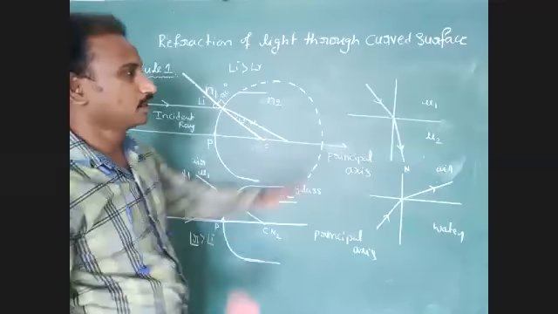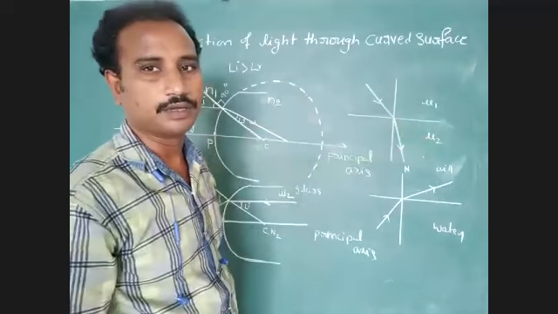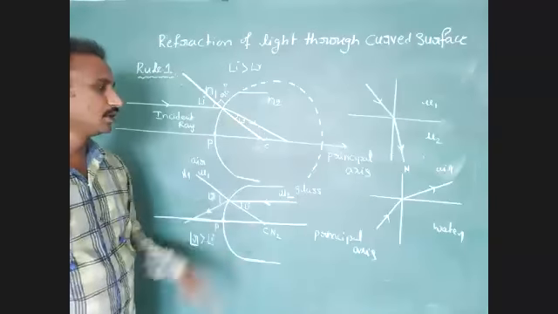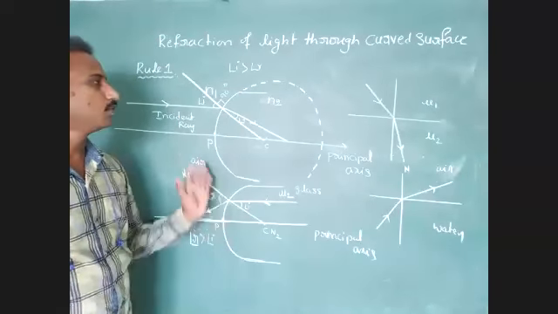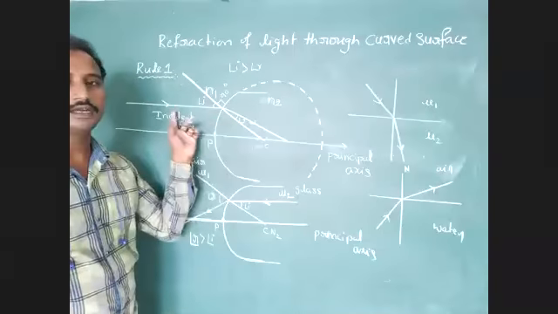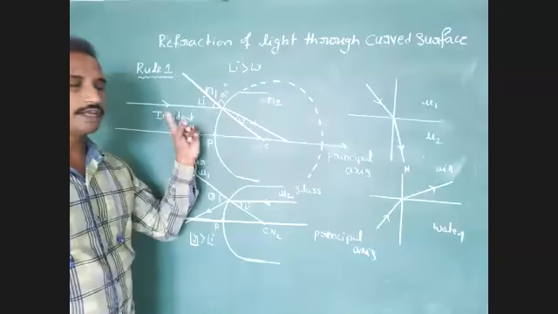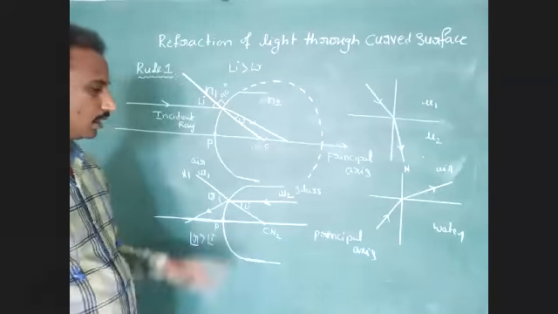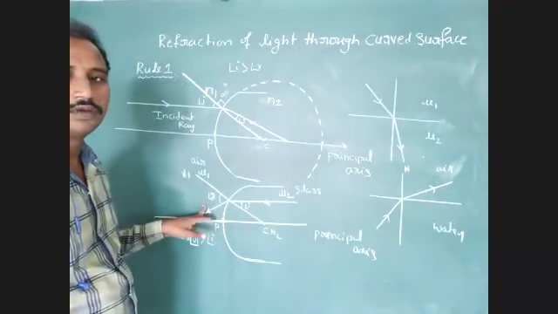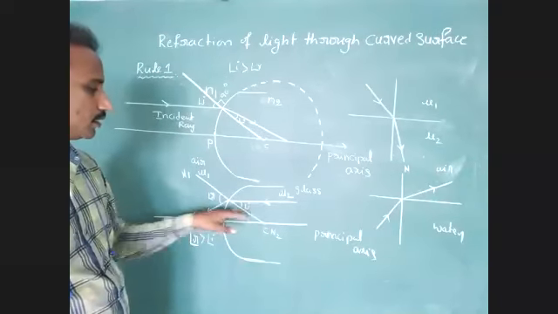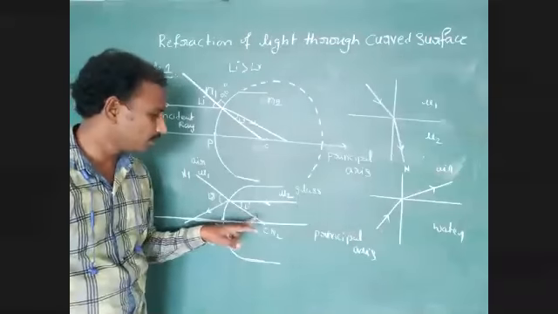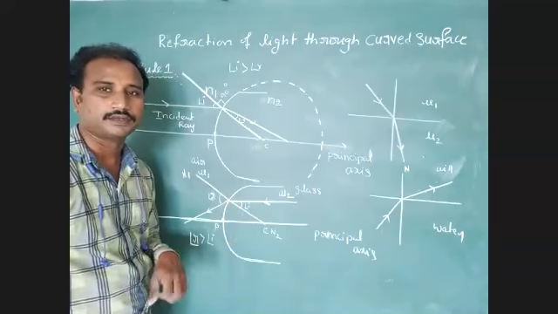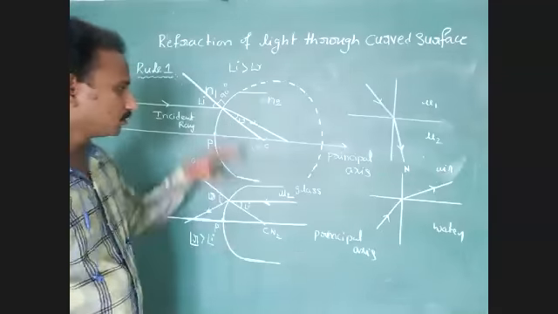What is the direction? Rarer optical medium to denser optical medium. So the laws of refraction are applicable for these conditions. First law of refraction: angle I is more than angle R in the first condition, where we consider the direction of the incident ray from rarer optical medium to denser optical medium. In the second condition, we consider the direction of the light ray from denser optical medium to rarer optical medium. Then we have to consider the angle of incidence and angle of refraction. Angle of incidence is more than, or less than, the angle of refraction. Understood? Okay, so note down these 2 points.